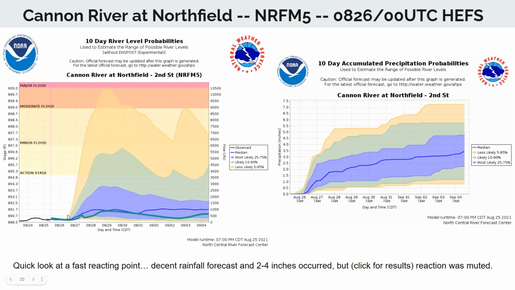As a result of that, we had a couple of rises based on the two heaviest bands of precipitation that came through. This area did get quite a bit. We did see some 3 and 4 inches in this area, but once again, we stayed within the most likely range through this one.